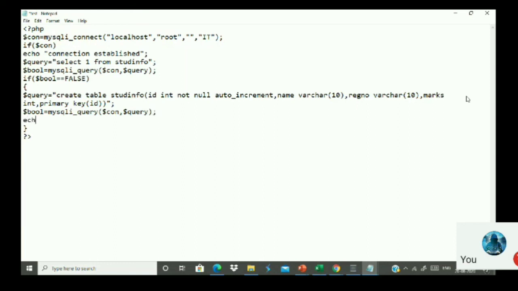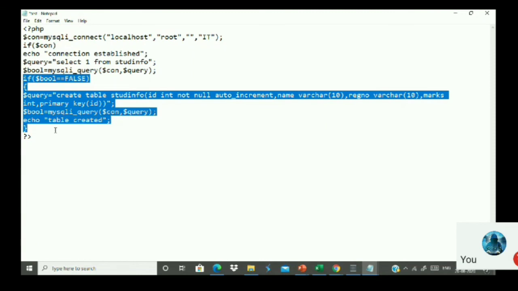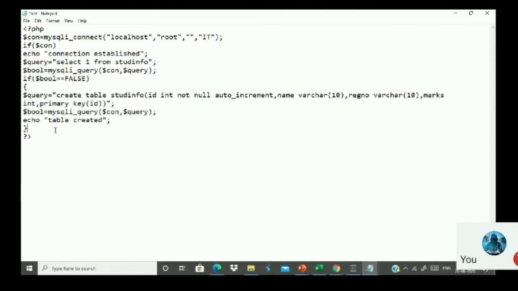Okay, so here you just give the message called as table created. Table will be created. Okay, so only if the condition is false here, table will be created. If the condition is true, this entire portion will be skipped off. So remaining part I have to insert it, whether table is created or not created, data has to be inserted here.